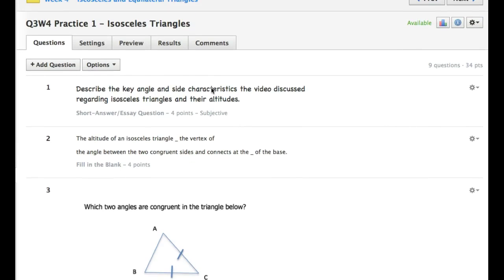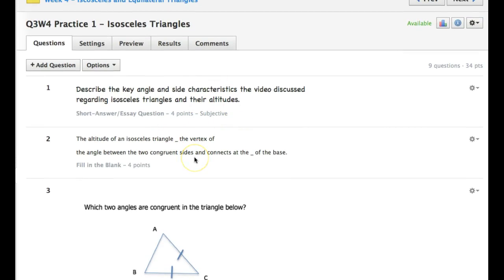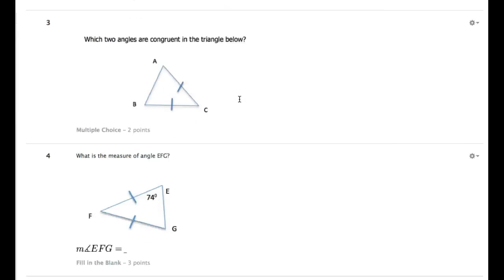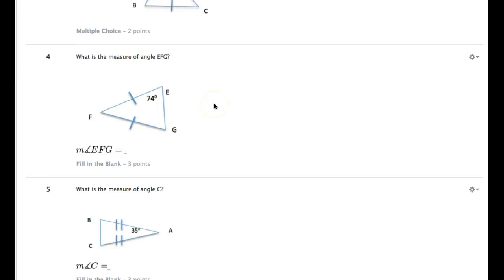So the first practice on isosceles triangles, it just wants you to describe the key angle and side characteristics for isosceles triangles and their altitudes. Remember their altitudes as well. So talk about what an isosceles triangle is and how their altitudes meet, or how they affect angles and stuff like that. For the rest of the questions, it's just going to ask you to find either an angle or